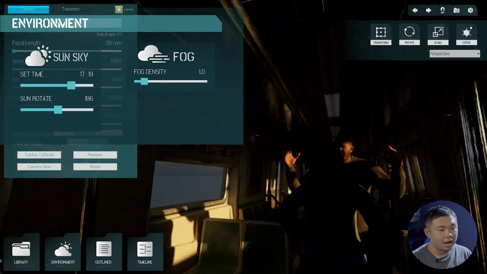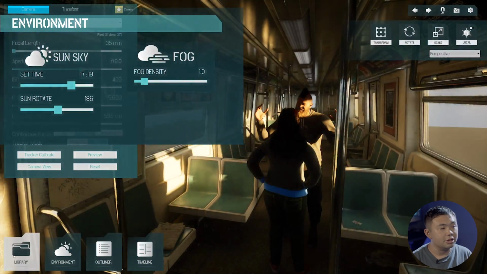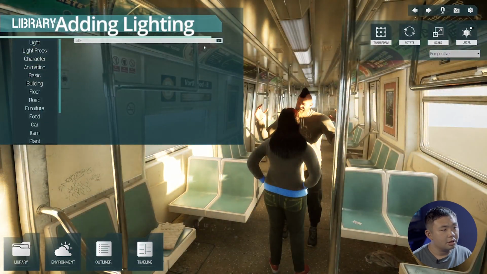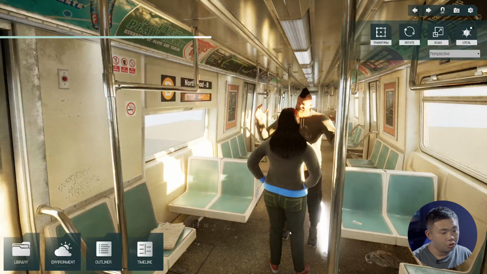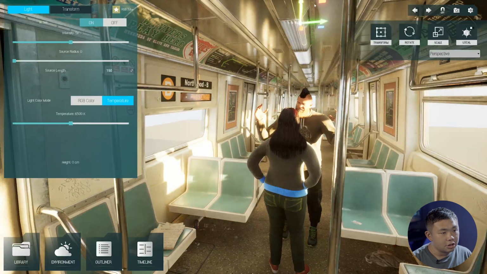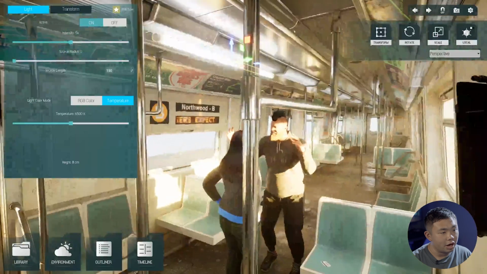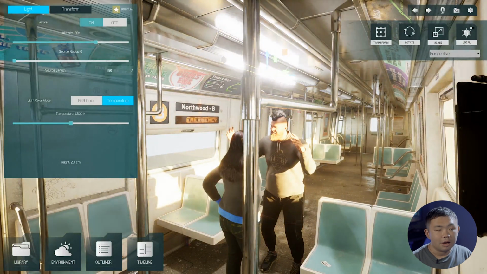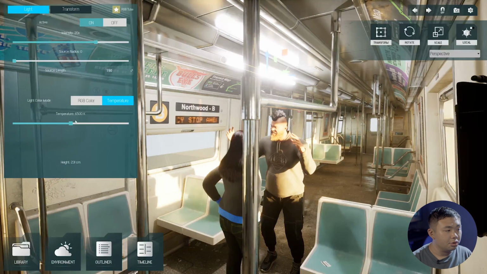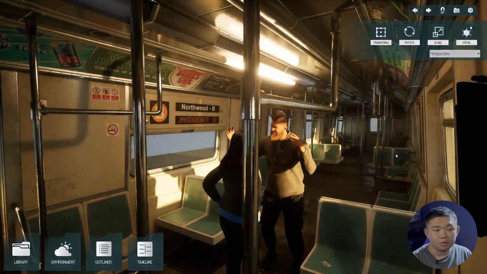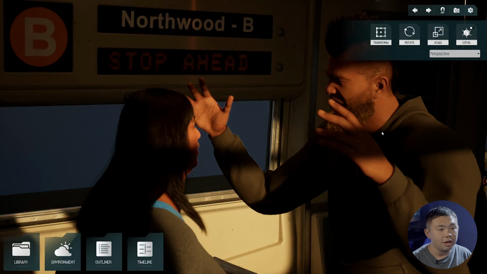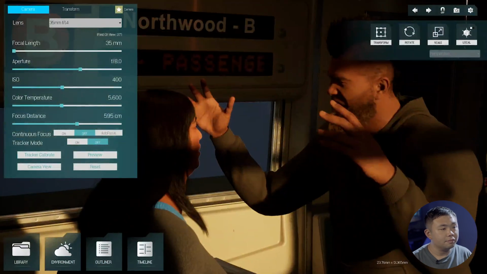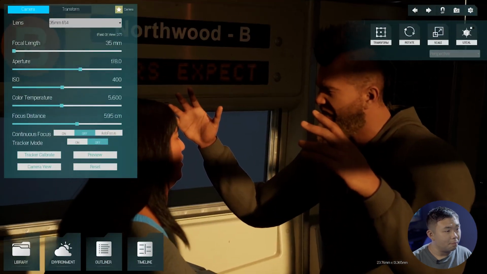One tip is that we can actually add some artificial lights inside the scene. So we go to light and we add an RGB tube on top of their head. This is also a very practical application in reality. Alright, and let's make it stronger. And because we are in the late afternoon, we had better change the temperature to maybe 3000 something. And let's click Ctrl spacebar to see whether there's any difference. Alright, so the scene is a little bit brighter. That's good, but still not bright enough.